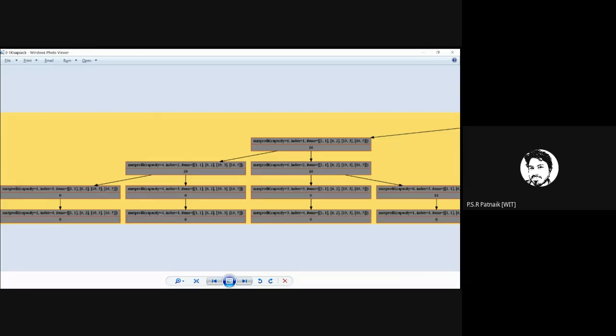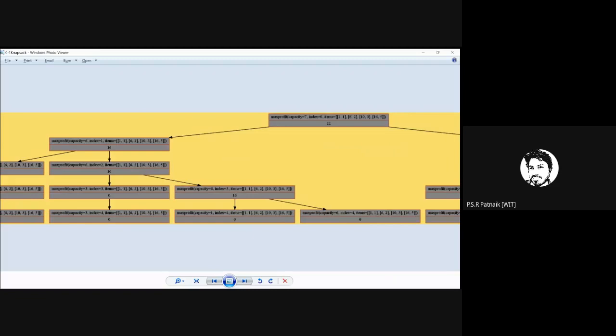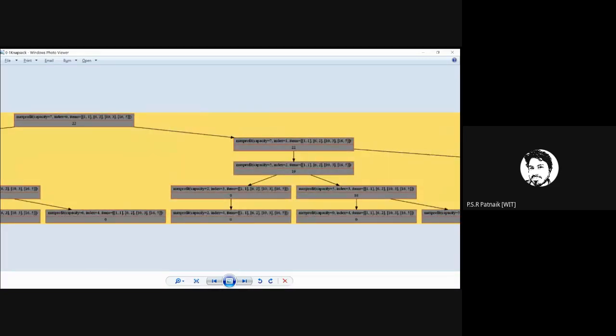So if I check these two arguments, index and capacity, how many such combinations are possible? That many possible function calls will be there. And for all possible function calls, I need a data structure where I can store the value of that call. So I need to only compare these two values, capacity and index.